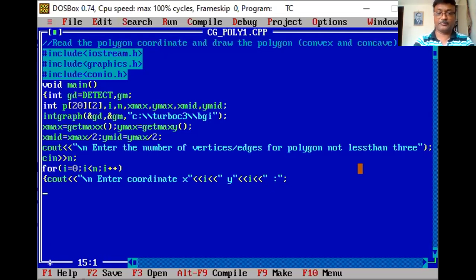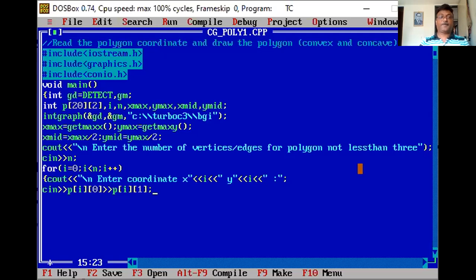Now cin. So what is my first point? P[i][0], correct? P[i][0] contains my x coordinate and P[i][1] is your y coordinate, as I have already explained.